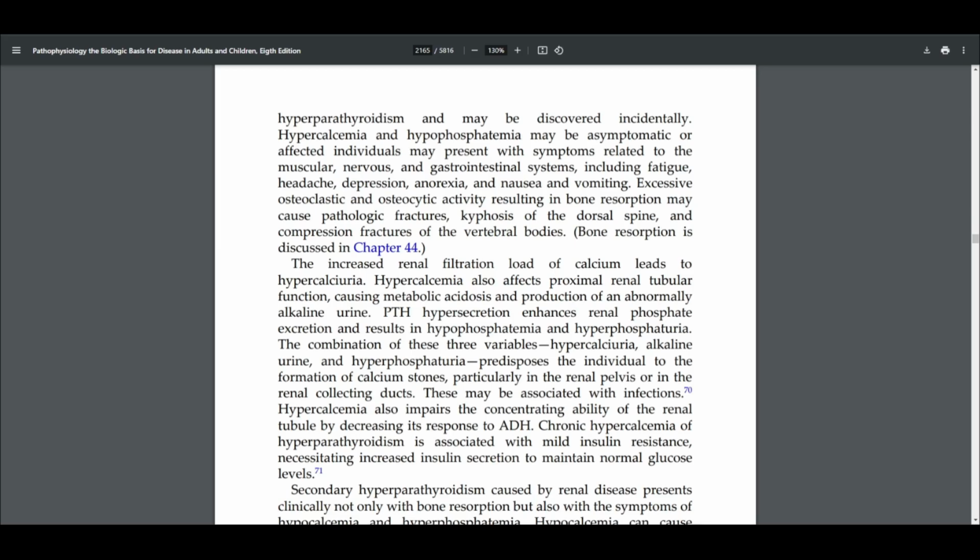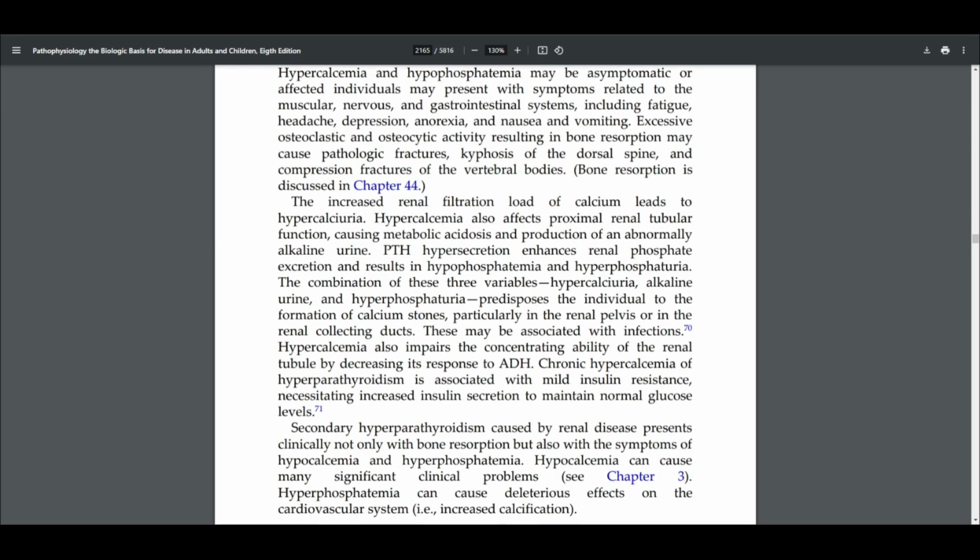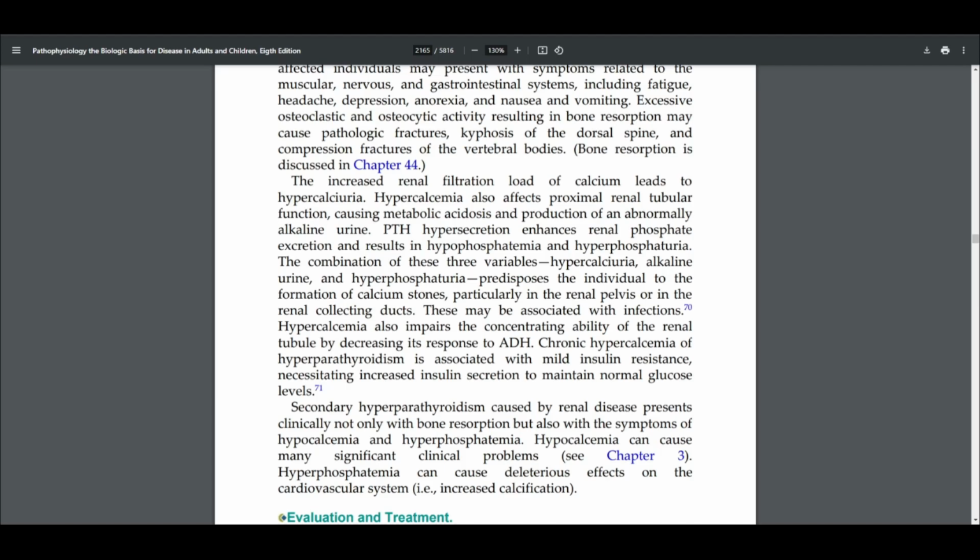The increased renal filtration load of calcium leads to hypercalciuria. Hypercalcemia also affects proximal renal tubular function, causing metabolic acidosis and production of an abnormally alkaline urine. PTH hypersecretion enhances renal phosphate excretion and results in hypophosphatemia and hyperphosphaturia. In combination, these three variables: hypercalciuria, alkaline urine, and hyperphosphaturia